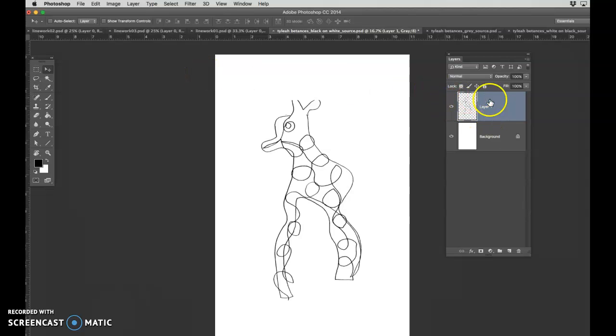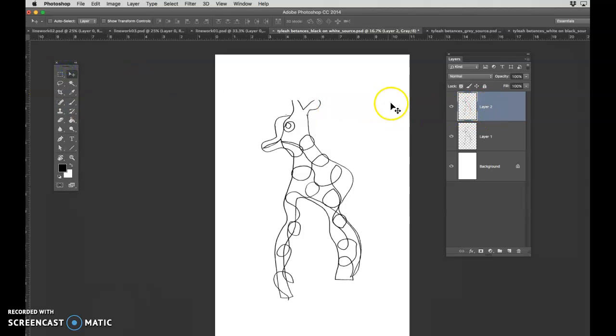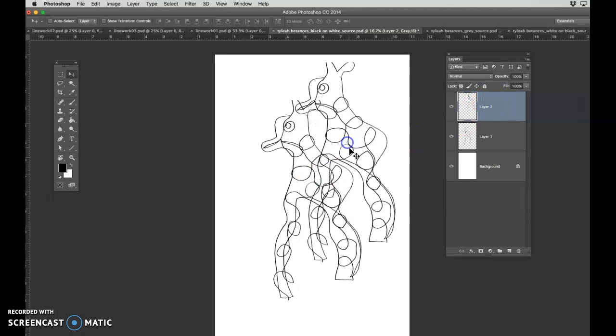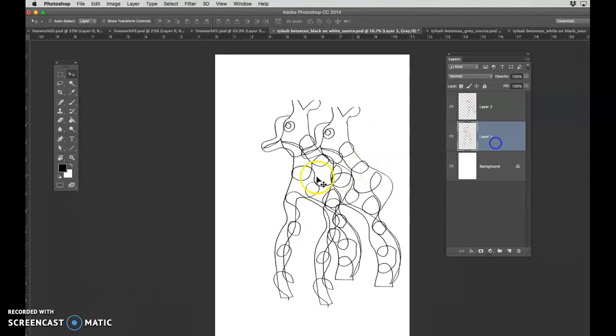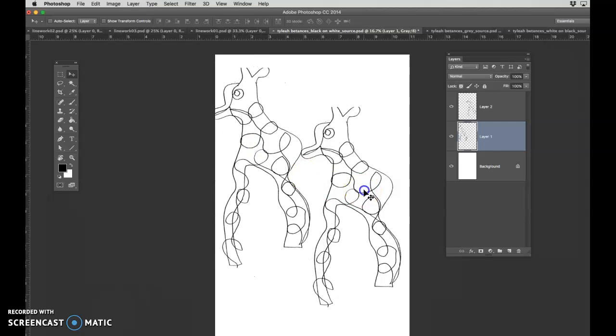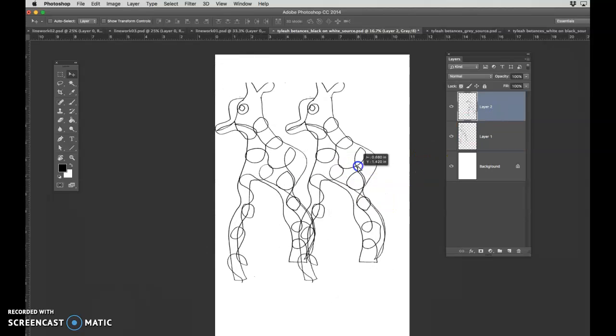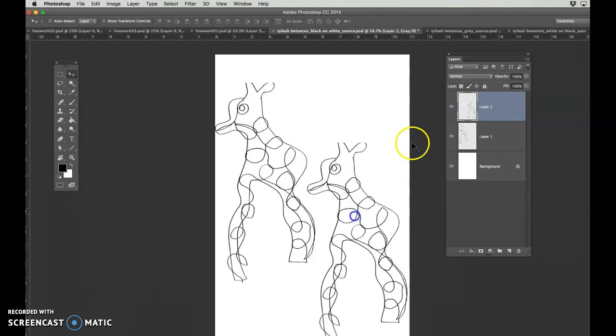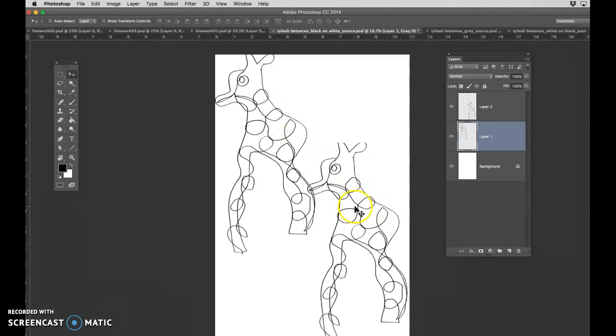When I paste, it creates a new layer. Every time I paste in Photoshop, it creates a new layer. That's a rule. If I paste again, edit, paste, I get another layer. I'm going to use the Move tool, which is here. I'm going to take this layer and we're going to drag it out. So now you have two, which is handy for whatever collaging that you want to do. So if I'm on this layer, I can move that one, and if I select that layer, I can move that one. Okay,